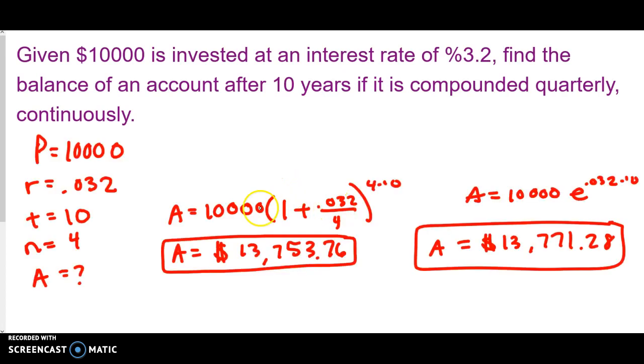This one is for being compounded quarterly, which means I need to use my compound interest formula. My principal value was $10,000. My interest rate is 0.032. That's key. Time, 10 years. It said compounded quarterly, so that's going to be 4 times in a year. And then last but not least, we are solving for A, the ending amount. Find the balance, so ending amount. In that scenario, we get